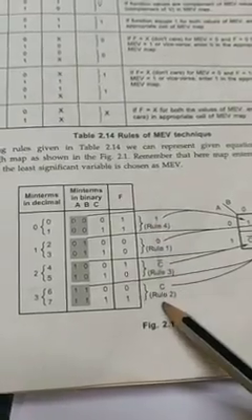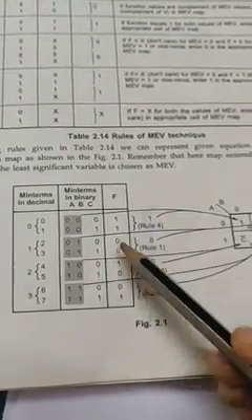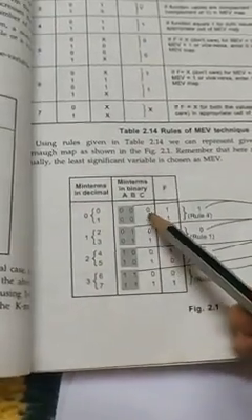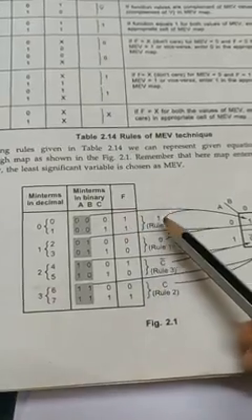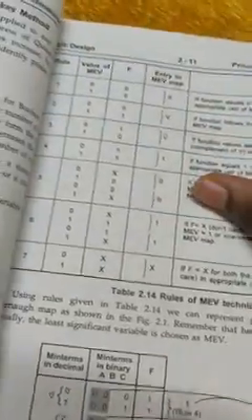So you need to write this rule, output like 1 0 C bar C. You need to compare this C column with the F column, then you are supposed to write these outputs. To write these outputs you need to remember some rules. Here it is, here are the rules.